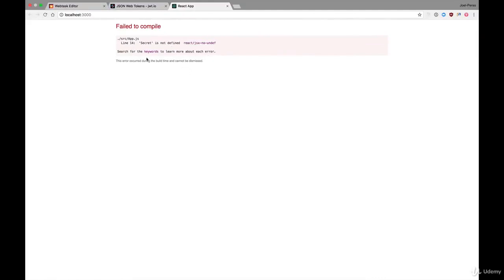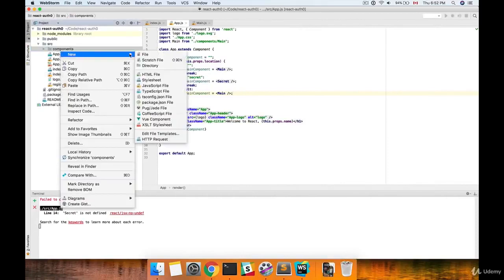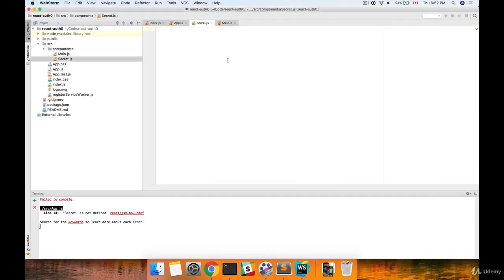Oh, we've got an error. So it failed to compile, but that's because secret is not defined yet. So we still have to build our component and then import it. So we'll do a new file, we'll create a secret, and we'll just build a component just the way we did for main here. So we'll do an import, React and component from React. And then we'll do our export default class,